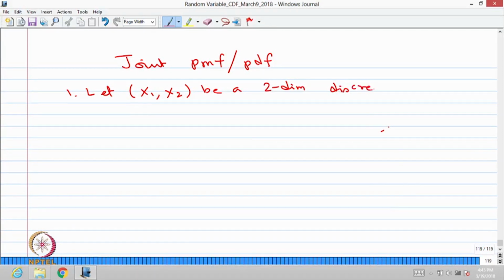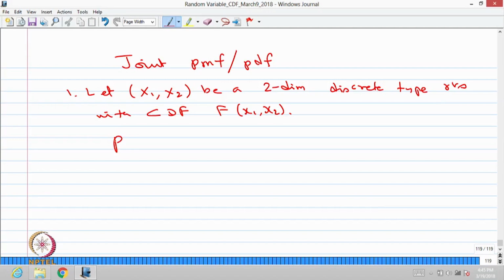discrete type random variables. That means x1 is a discrete type random variable as well as x2 is also a discrete type random variable. With the CDF capital F of x1 comma x2, one can define the probability mass function in together, that is